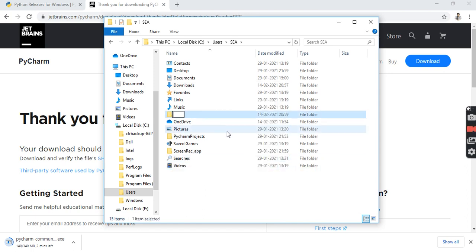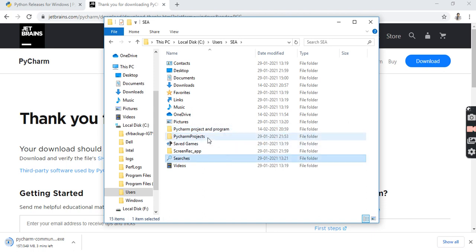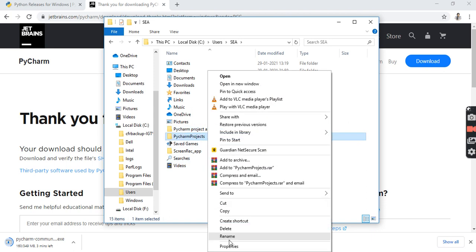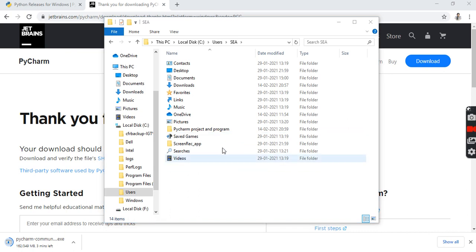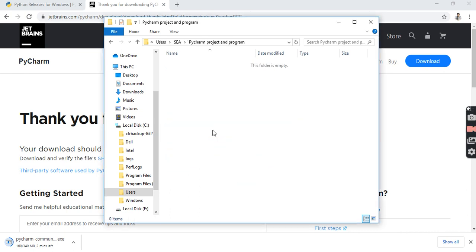As soon as I do this, I will write here PyCharm project and program, fine. I will just write PyCharm project and program. Now I will delete this one, as I have made that before. Let's not go into that. So I have made one PyCharm project and program folder.